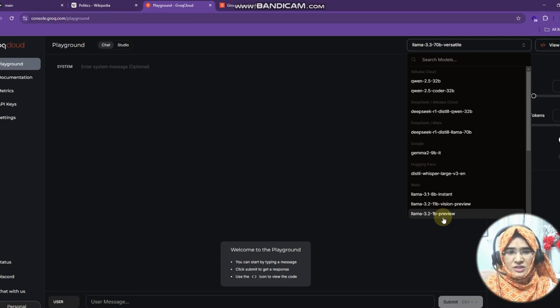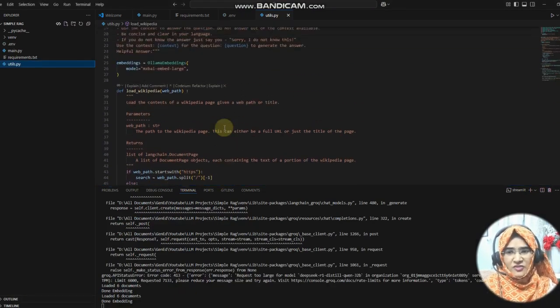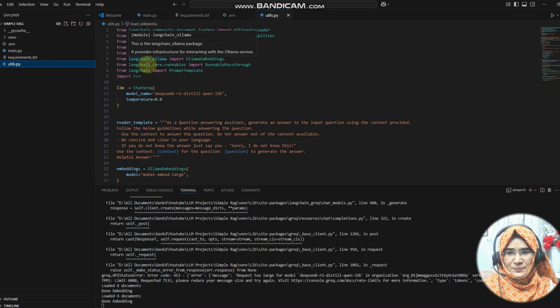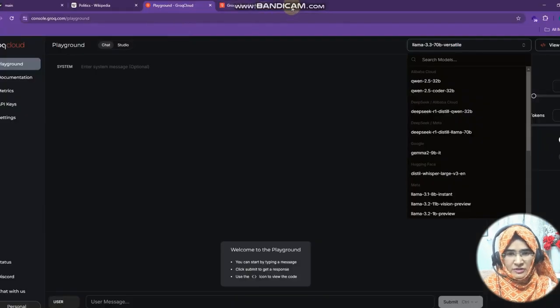The way of using this is similar to the way we were using it previously. We will use LangChain. LangChain is a library or a platform that helps us to work with LLM applications or work with LLMs directly. So for using Groq, we will have the LangChain Groq library also. This library provides us the way that we can use Groq, or how we can integrate Groq into our project. So I will give you the idea related to that also.